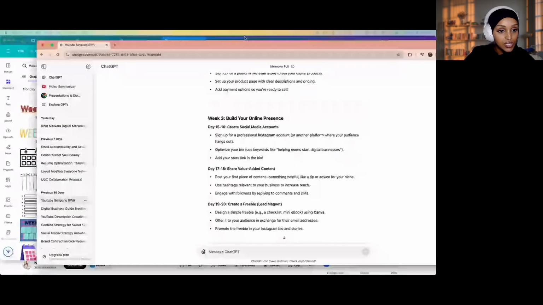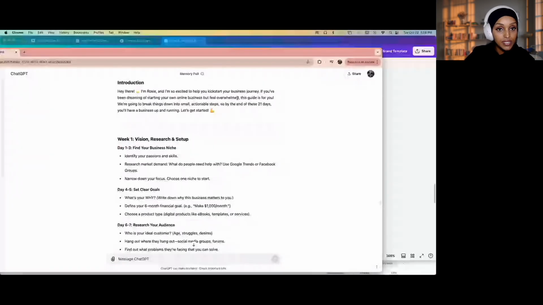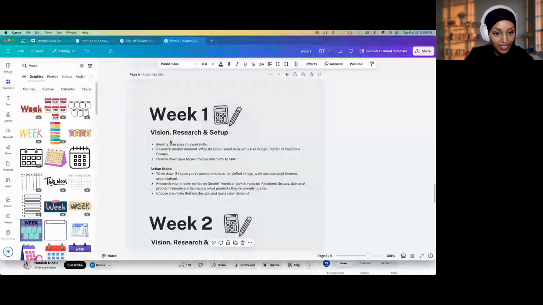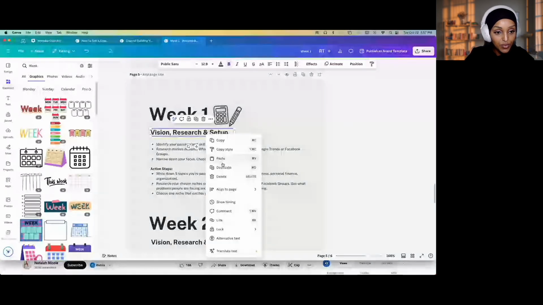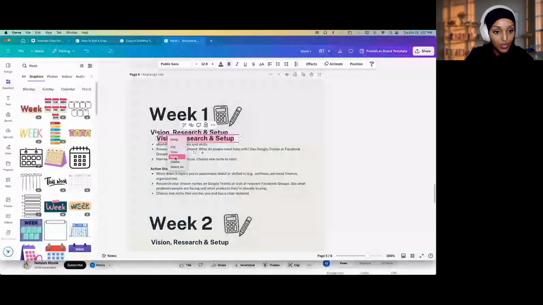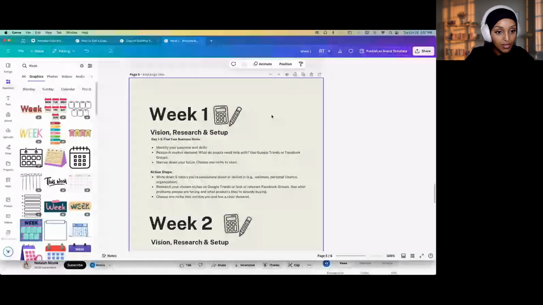Let me show you this. All right, so here I forgot to put this part. Day 1 to find your business niche, which is so important. It took me a while to figure this part out. I can't even lie. The one thing that you don't want to do when you start this is give up too early, because eventually you'll figure out everything will start to make sense after a little bit of time. Some people get it right away, others don't, but that's okay.